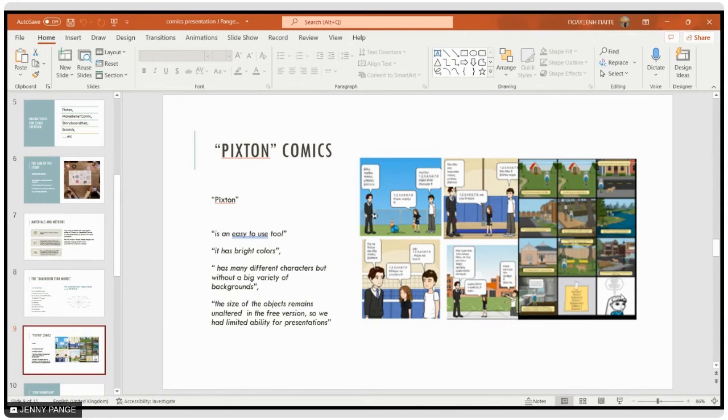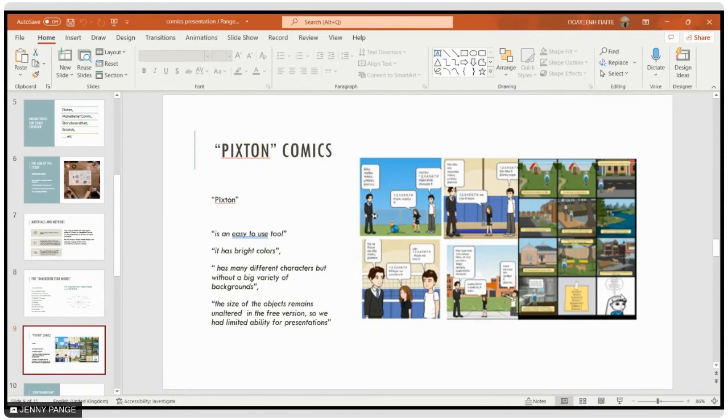And as you can see here, they created some stories because they wanted to find the mean and also to find the mode when we have a sample. Another student said it has very bright colors. So for children, it's very good, and that was their opinion, and that's why they liked that one. Pixton has many different characters, but they said the variety of the backgrounds in the free edition is not very big.